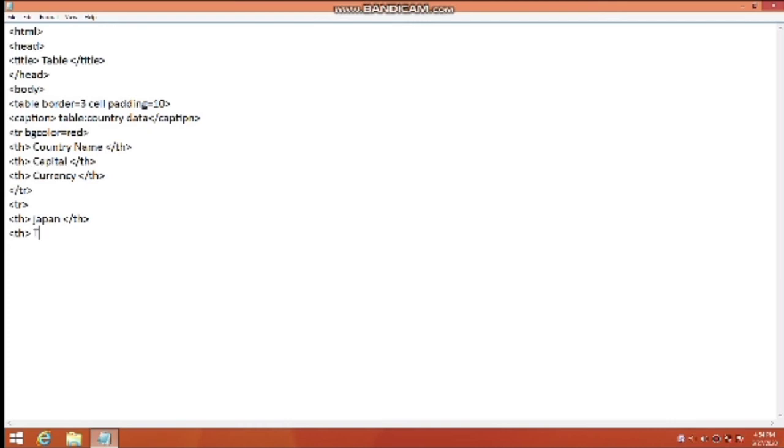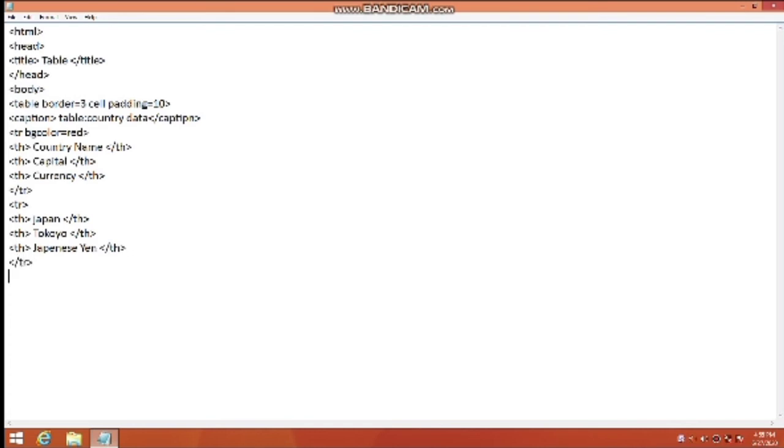So we write Tokyo here. We close the th tag, and the currency of Japan is Japanese yen. So I'm going to give here Japanese yen. So here I have given the table row. Now I close the tr tag.